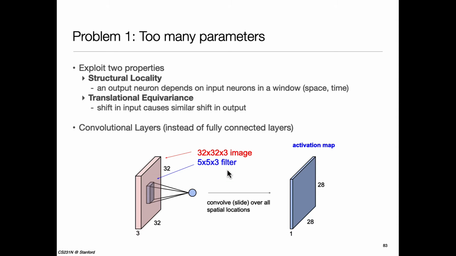And the big win, as I said, is far fewer parameters. Usually what happens is, here you see that I had one filter, so the depth of the second layer is only 1. But instead of a single filter, I may have, let's say, k filters, in which case each filter will output a different value, and then my next layer will have a depth of k. Each activation is really a vector of size k.